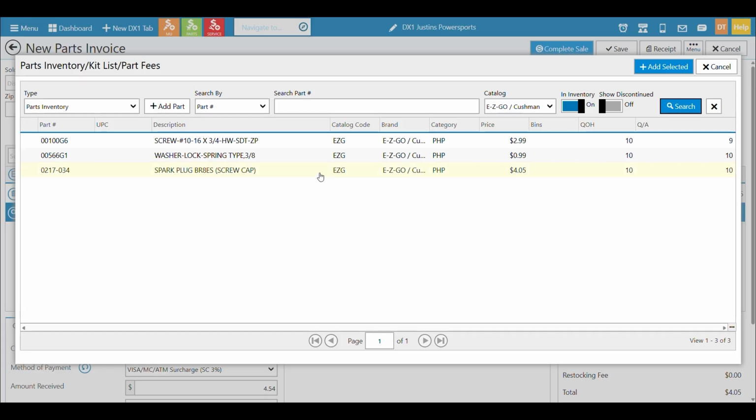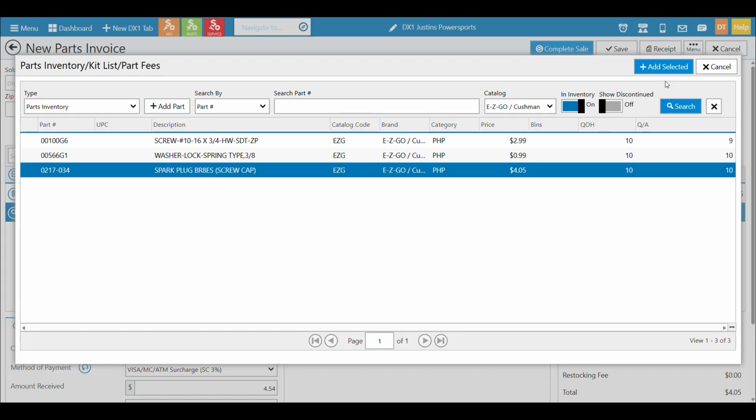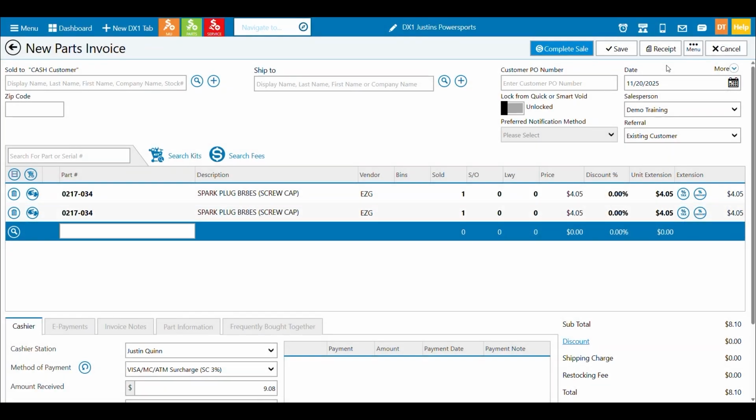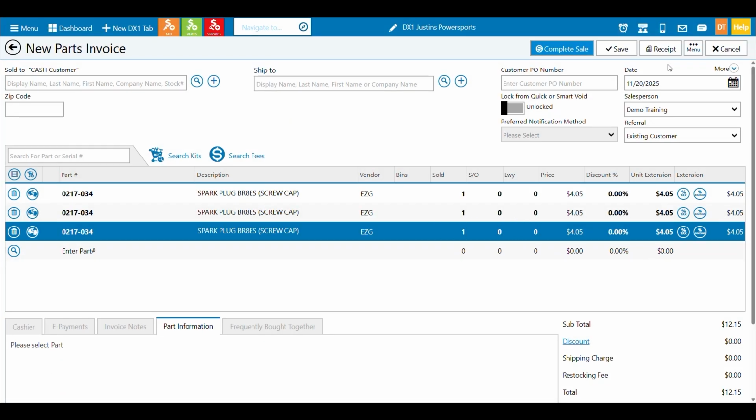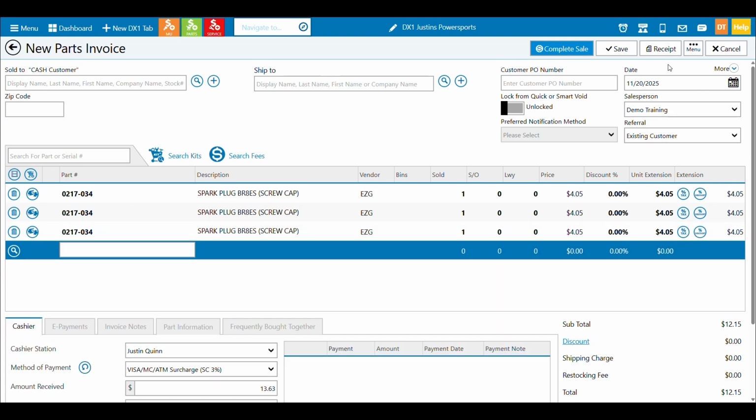And we'll talk about that here in a minute. So I can easily just add a part in from just highlighting it, and again, clicking add selected. And if I just know the part number off the top of my head, I can also just type it in and it will be there. Okay, so those are your three main ways that you can add a part that you have in stock.